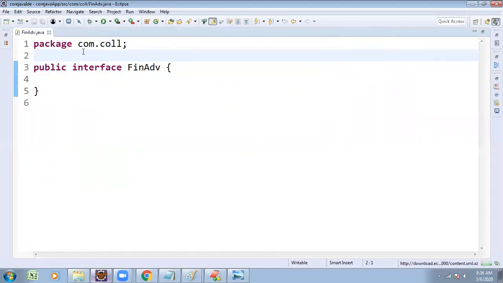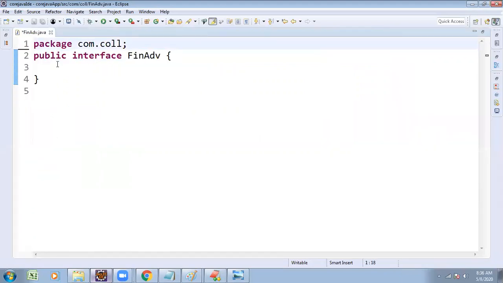Try to observe. I am going to take this public interface FinancialAdvisor. Abhijit wants to invest some amount, for understandability purposes. Public is not mentioned here, but by default it is public only.